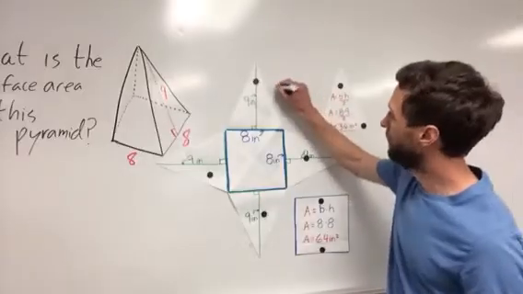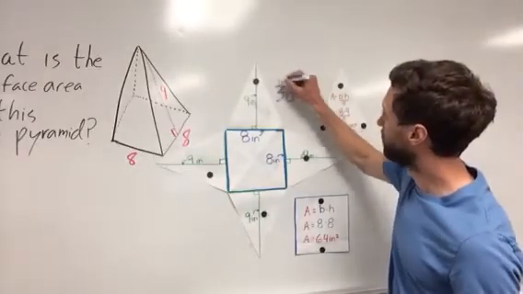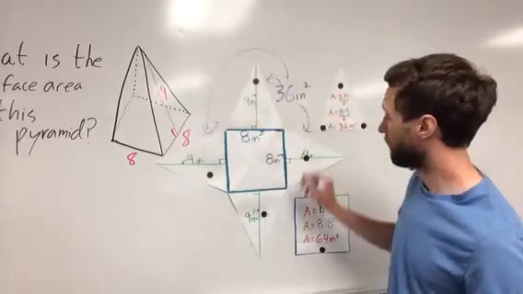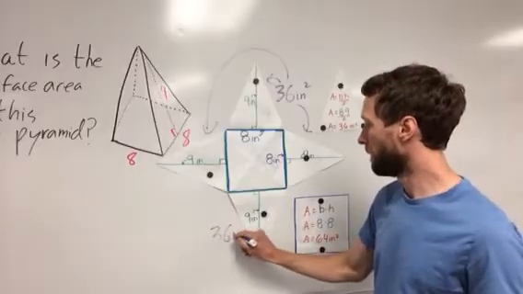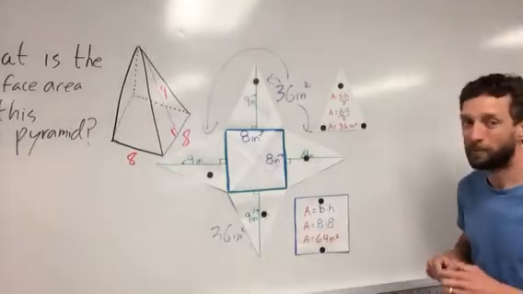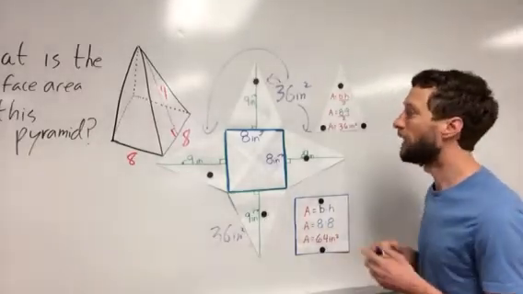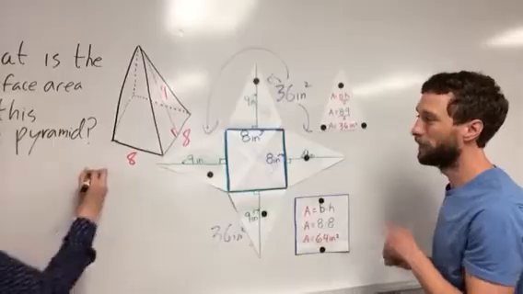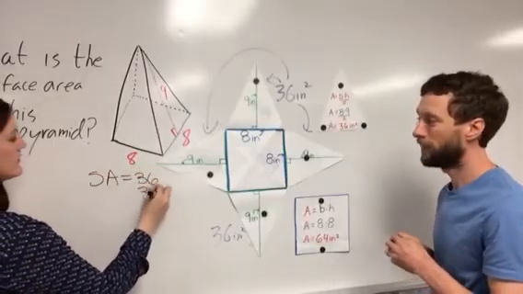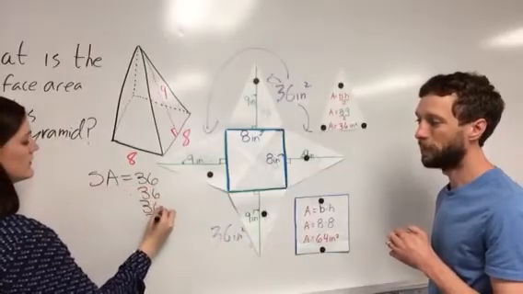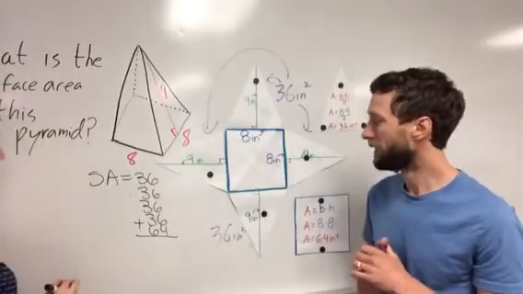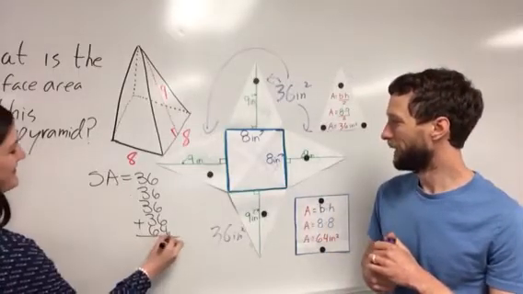So we know that this is 36 square inches, but so is this, and so is this, and of course this one down here is as well. And we also know the square, like we found before, is 64 square inches. So to find the surface area of the whole shape, we would have to add all of these together. 36 plus 36 plus 36 plus 36, or of course you could do 36 times 4. And then summing all those together really quickly,